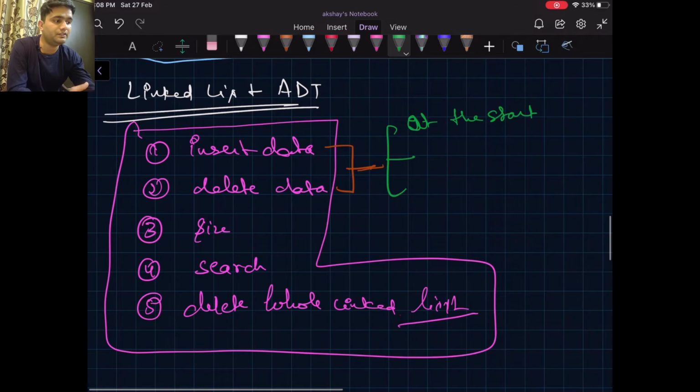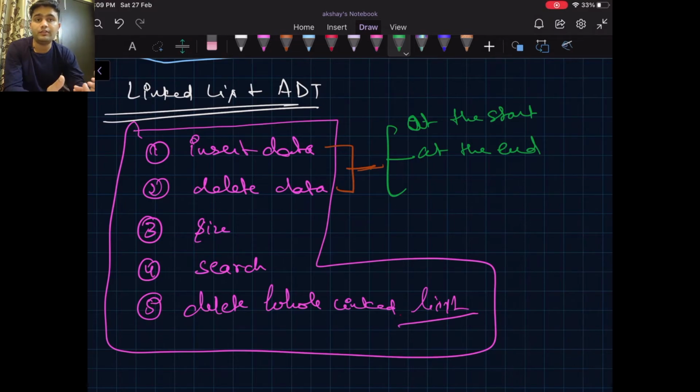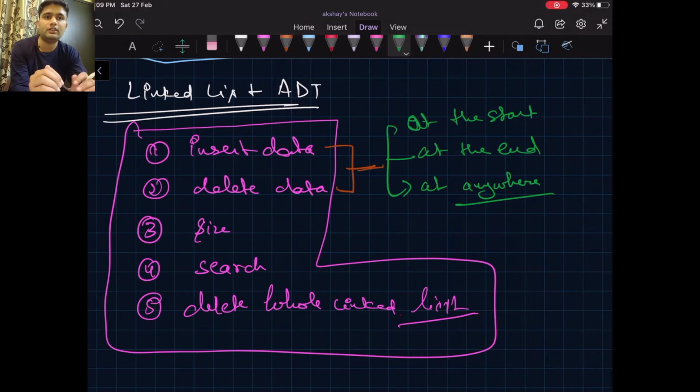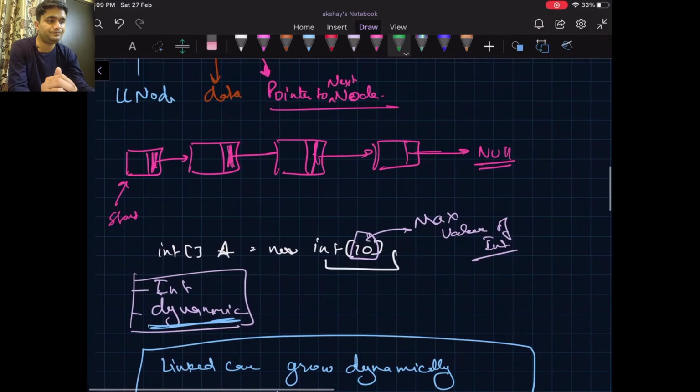Second would be insert at the end, and we can delete from the end as well, and insert at anywhere. Insert or delete from anywhere. We can delete any node or we can insert at any position that we want. Okay, so